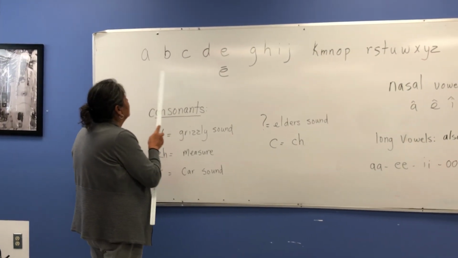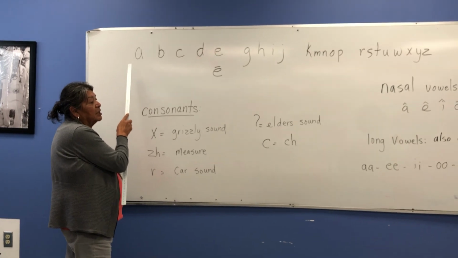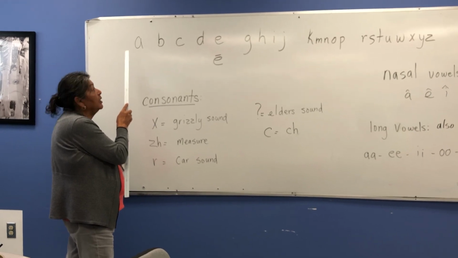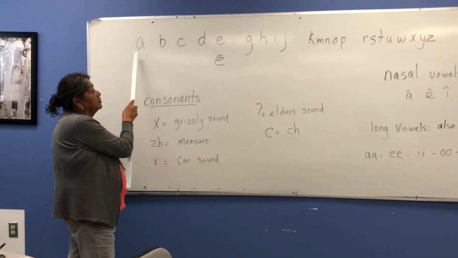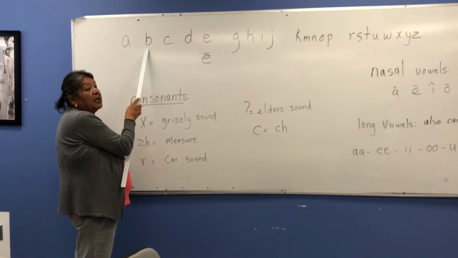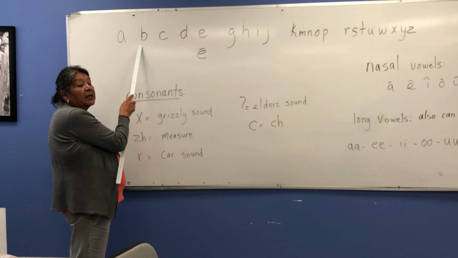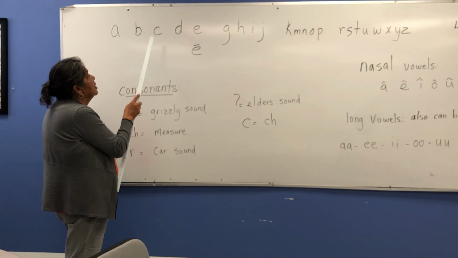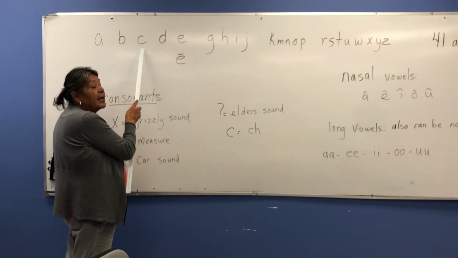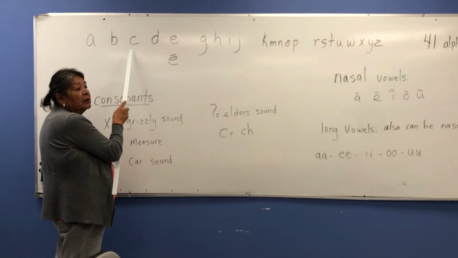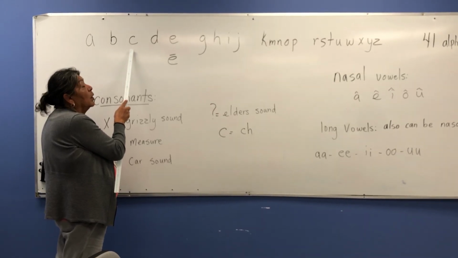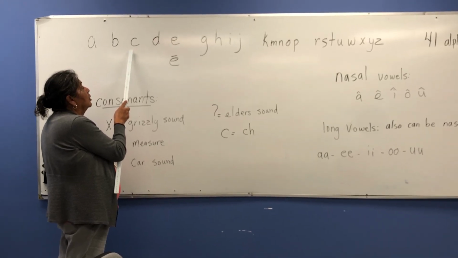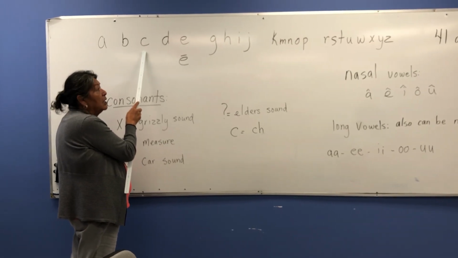We'll use example like wata, eat. If I was to spell it, I would spell it W-A-T-A, wata, eat, sound. If I was to spell the B, ba, yell, ba, B-A, ba, yell. C, ch sound, cha. Cha meaning wood or something to do with tree. Cha is basically a tree.